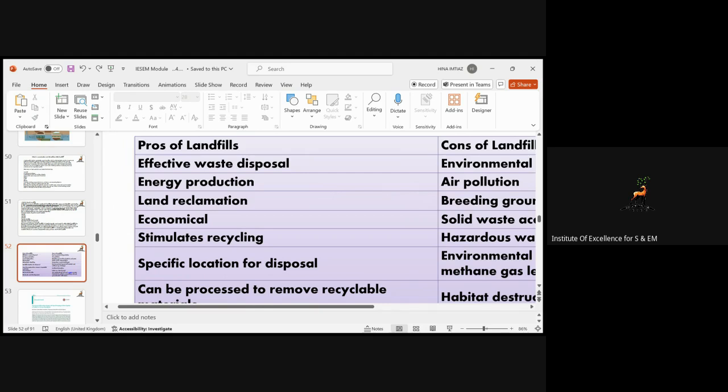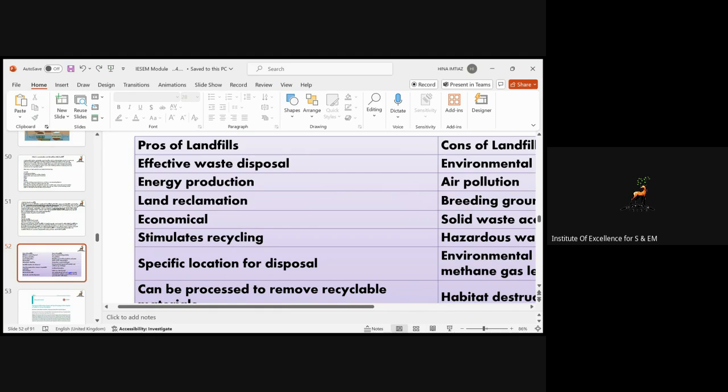And if there is land which is abundant, you can use such land for managing solid waste, and you can dump the waste into that landfill. And this method is very economical because we don't need much finance to install such a system. It's very simple. You just need a space